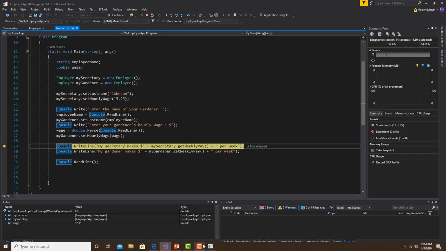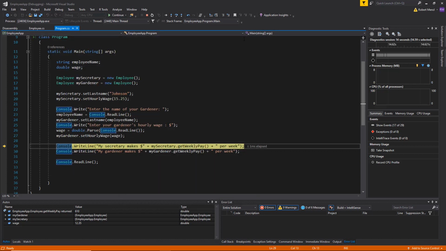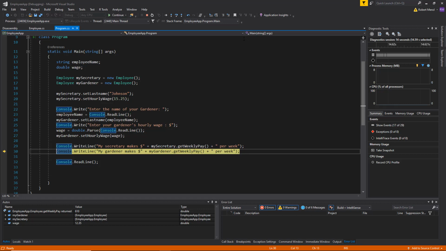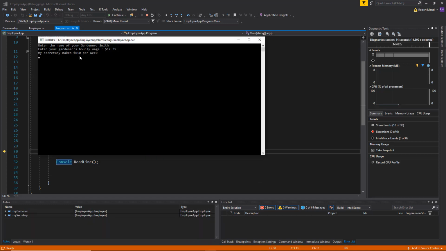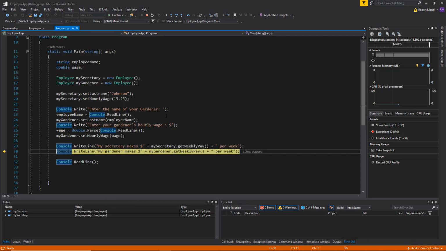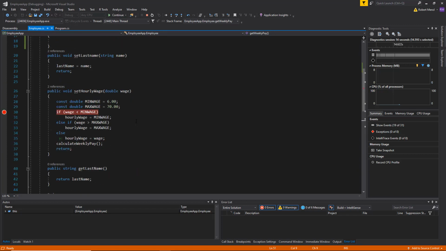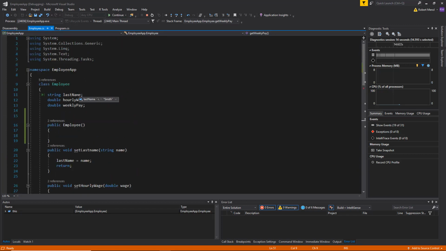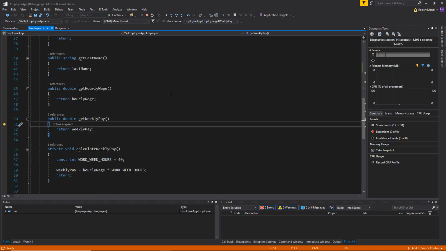And if you look here, didn't come up yet. So I have to do one more line. Boom. Now it should be up there. There, my secretary makes $610 per week. Now we're going to go into the gardener object to get weekly pay. And if I look up here, last name is Smith, hourly wage is $12.35, and the weekly pay is $494 a week. So I'll get their weekly pay,